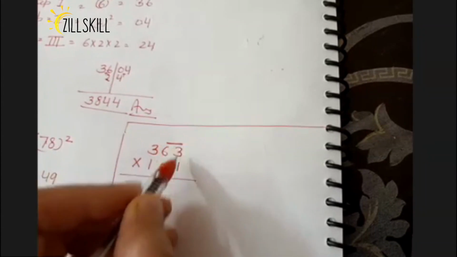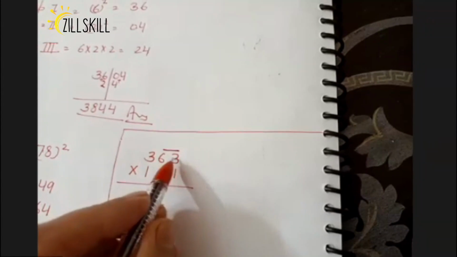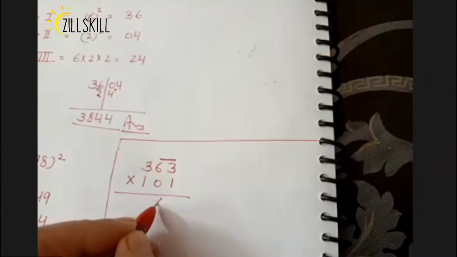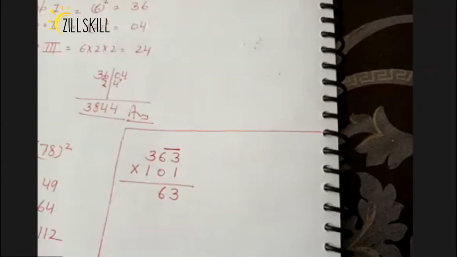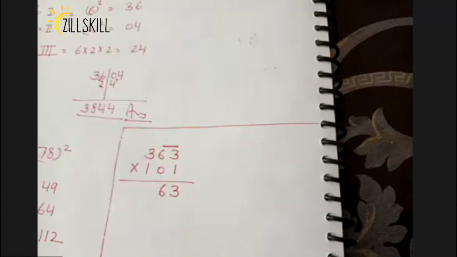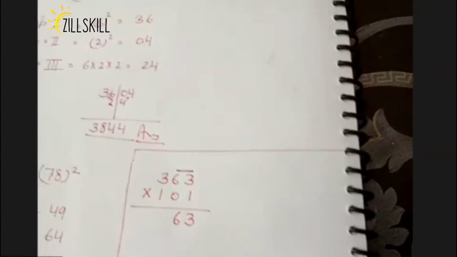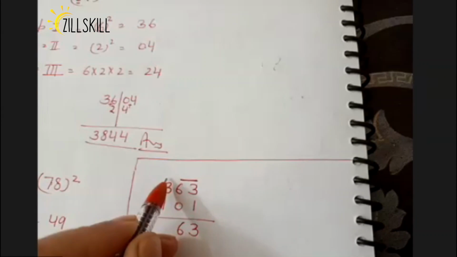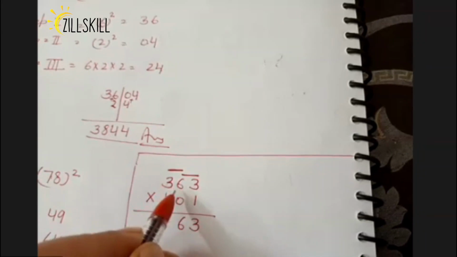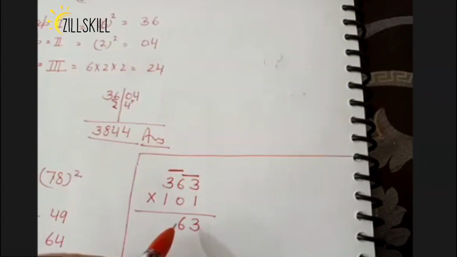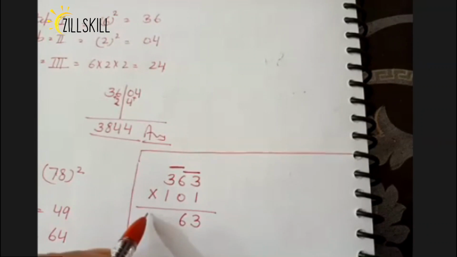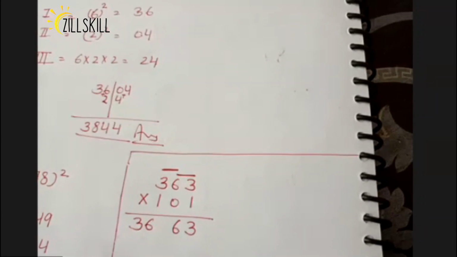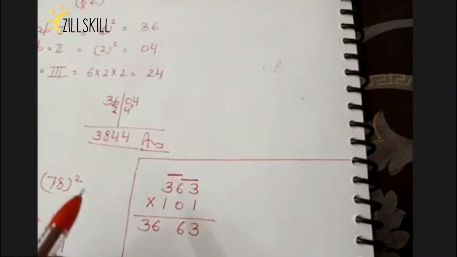Take the tens and ones. In the first number, 363, you take the tens and ones digits, okay? And write them on the right-hand side. Okay. Then after this take the hundreds and tens place. You have to write it on the left-hand side. Leave a space in between, right?